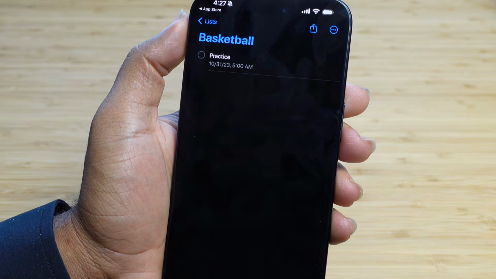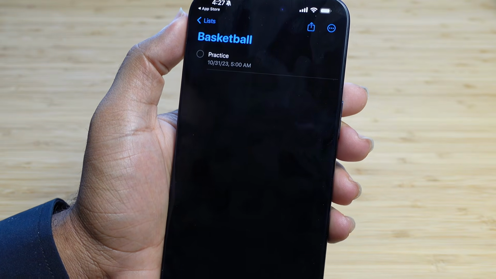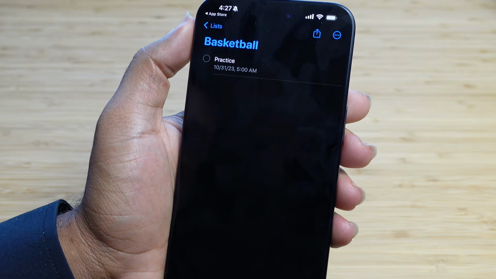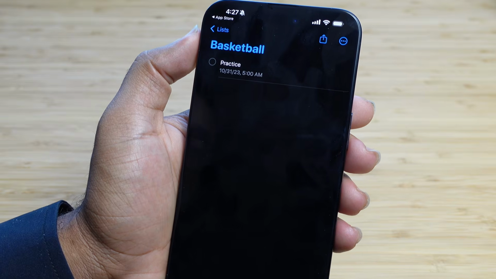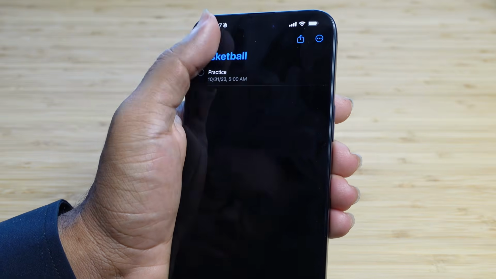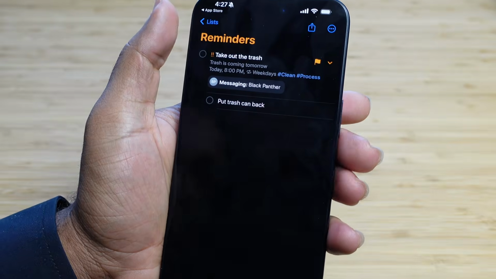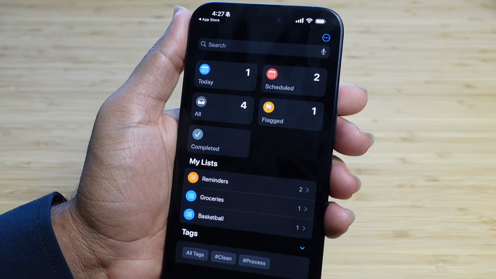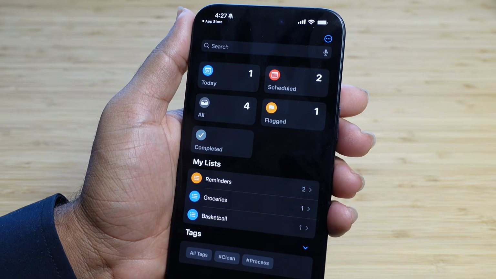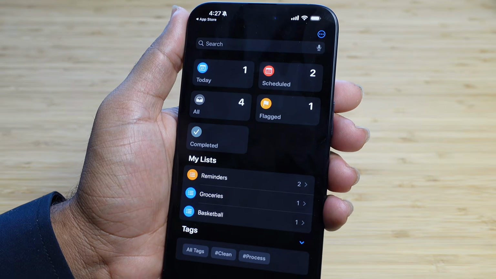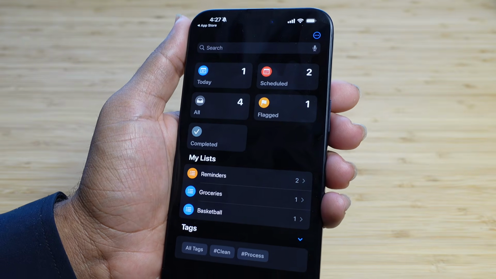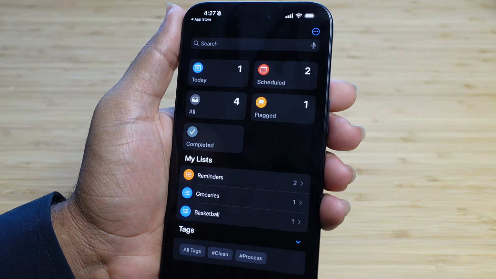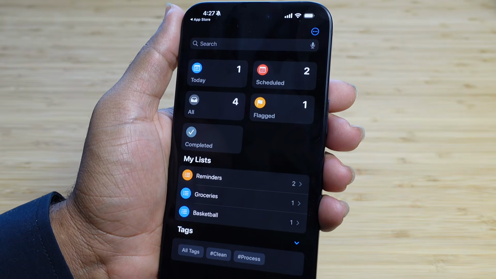Now the lists, you are allowed to have different tasks in each list. So you can use them as categories to separate different tasks in different projects. So anything about basketball would go on the basketball list. Any generic task will go on the reminders list by default, but you can create as many lists as you need and separate all of your reminders out. And that way they're not all together in one list and then confusing. You've got basketball tasks, and then you've got groceries, and then you've got reminders all in one list. You can use lists to separate all of your various different reminders and tasks to have a better organization of